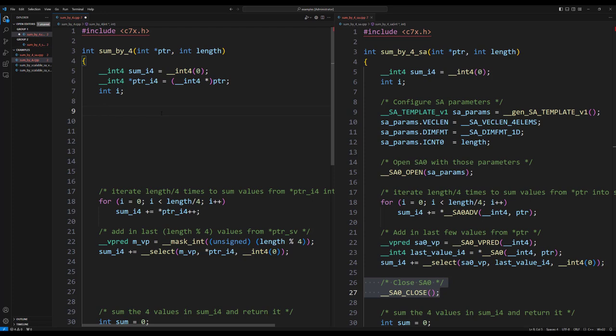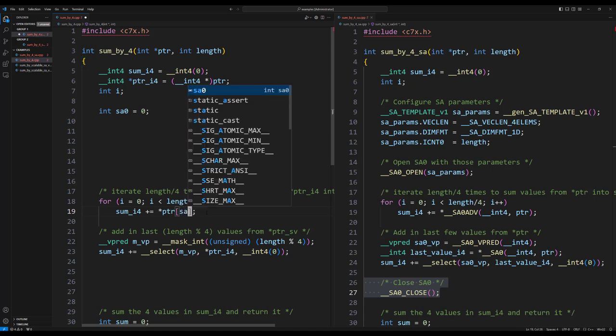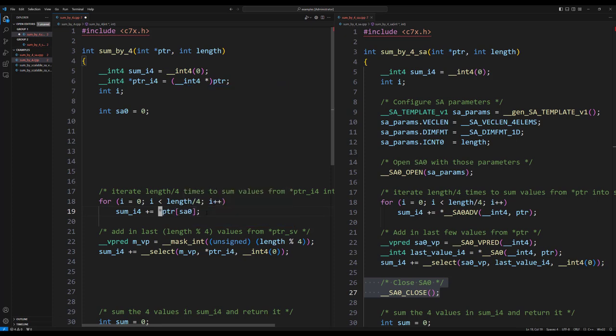So I'm going to add this variable, initialize it to 0, and then in the loop I'm going to get rid of this like that. We don't need this asterisk now that we're using the brackets in the array. And then we say SA0 plus 4, because now we have two statements in the for loop. Gonna put braces around it like that. And then in here, change this to SA0.